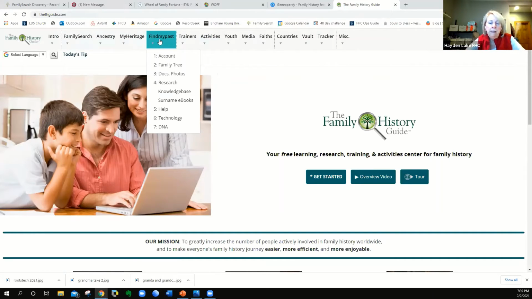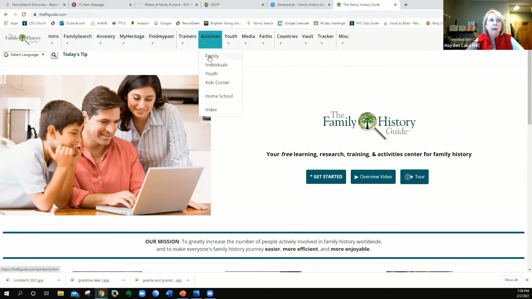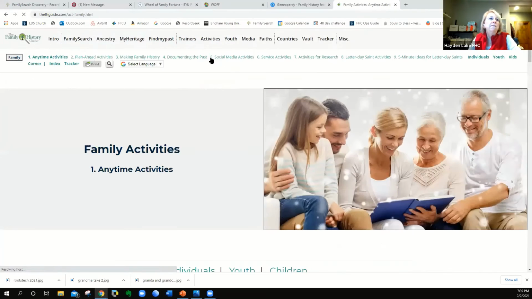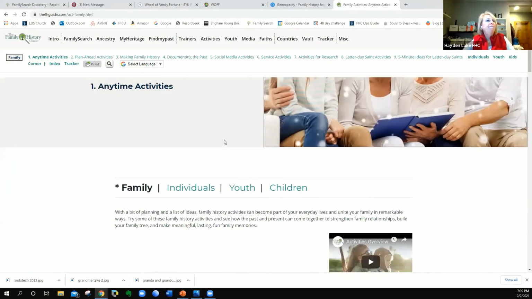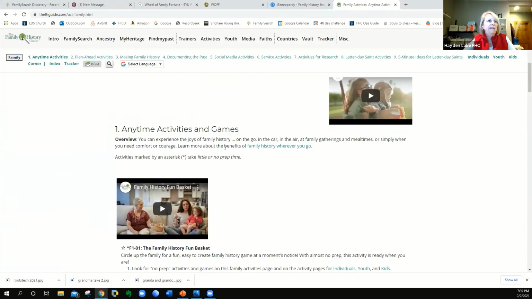It has videos of how-tos, it has handouts of how-tos, but tonight we're going to specifically go to the activities for family, individuals, youth, and kids corner. We're going to concentrate on family since this month is about family and our ancestries. And so here's an avenue to